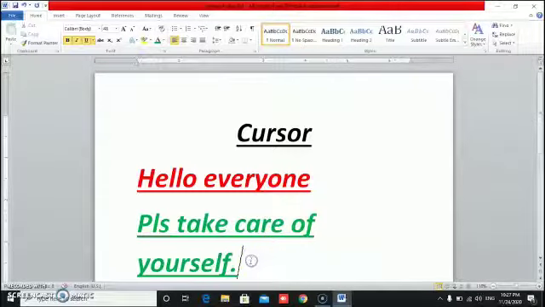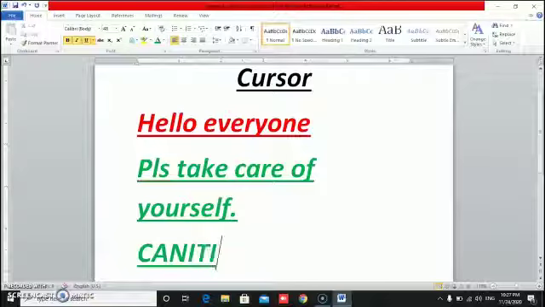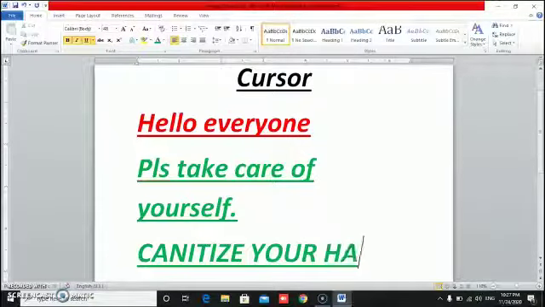Now if you want to come in the next line, you have to press the enter key. All these keys are on your keyboard. Okay, now I want to write letters in capitals. Sanitize your hands.